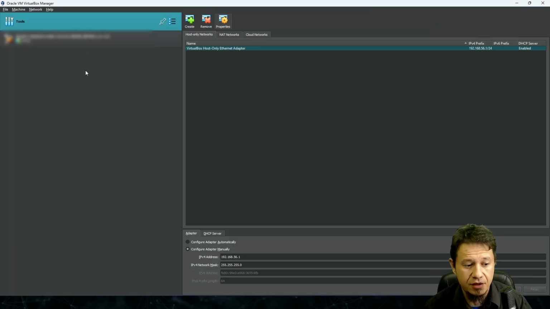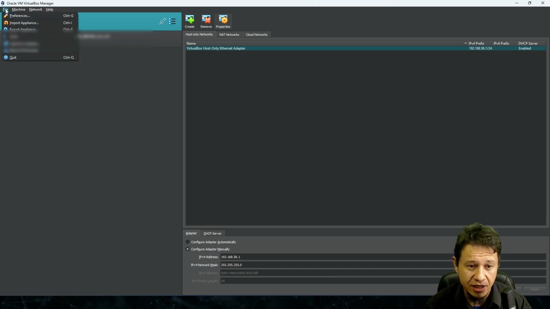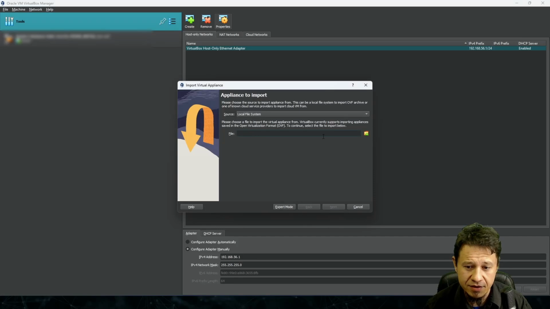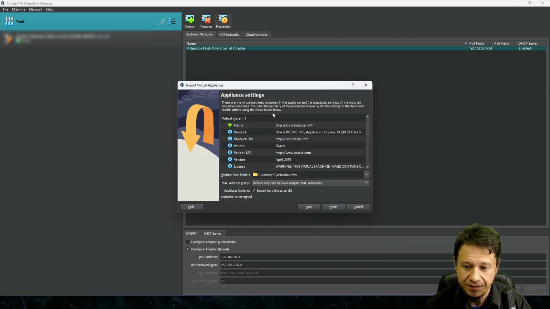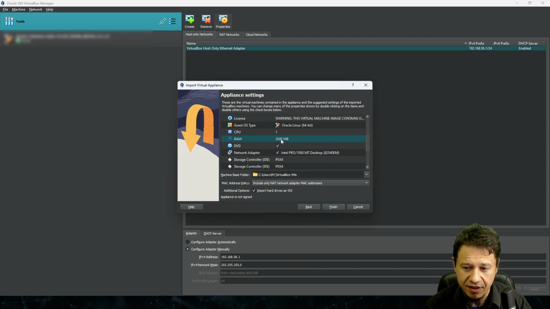So over here in VirtualBox, I'm going to import that virtual appliance. I do that with File, Import Appliance. I choose the file that I have downloaded, that 8 GB OVA file. You just open it and go to Next. It will offer us a couple of settings that we can change. One of the things I like to change is the size of RAM of that virtual machine. Just to make everything smoother, I'm going to put this as 4 GB of RAM,